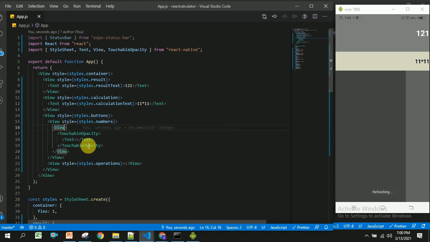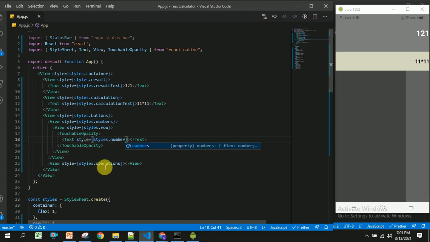Before that, I am going to use style equal to styles dot row, and for the text, style equal to styles dot number, and I am going to give some styles for this number and row.